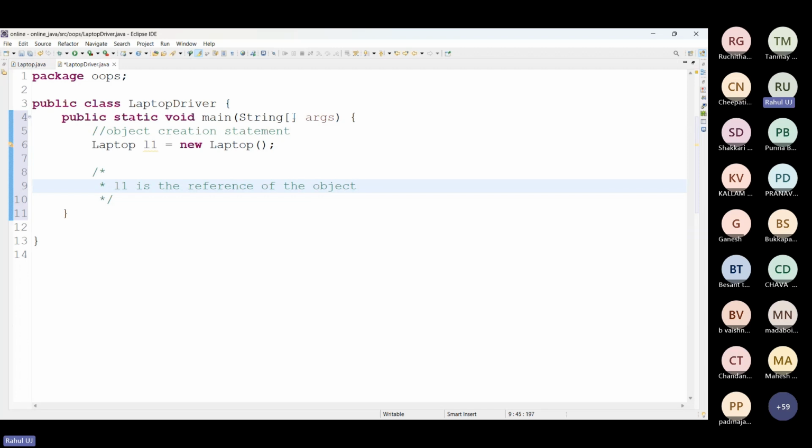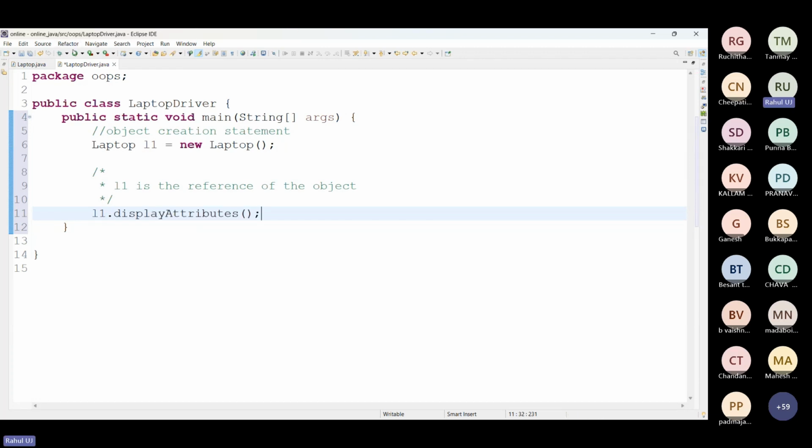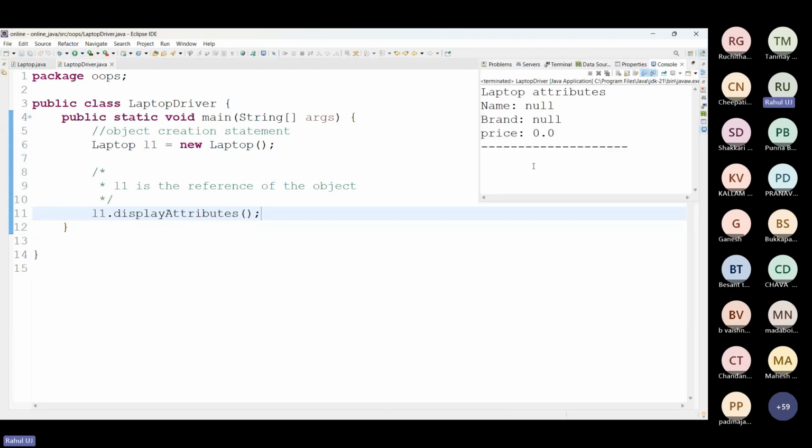Okay. Anything you want to call non-static from the class, it should be with the object reference. So L1 dot display attributes. And if I execute, see here, as I have not yet assigned any values, it is null.